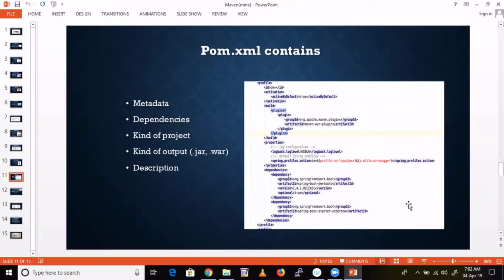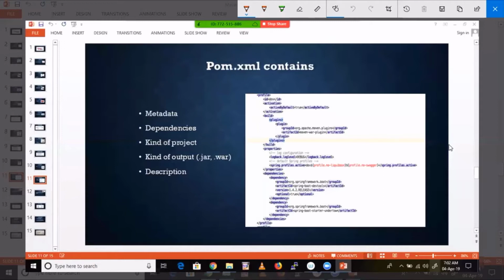Now coming to pom.xml. What does this pom.xml contain? Anyway, the developer is going to write this code and maintain this pom.xml. You need not worry. He will write it in XML format. Here you can see dependencies. The developer is going to mention all dependencies and compilers in this pom.xml, the required dependencies and all.